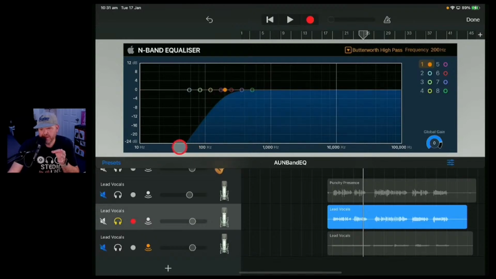And what this means is that it'll start rolling everything off. Everything from about 70 hertz below is going to be completely removed. And then everything from 70 hertz right up to 200 hertz, it's going to roll in, which means it's not going to just cut it. It's going to give you a little bit of reduction there. So if we play this now,